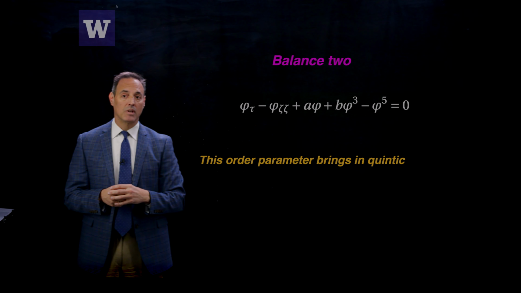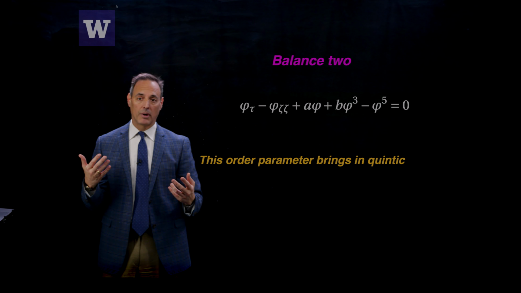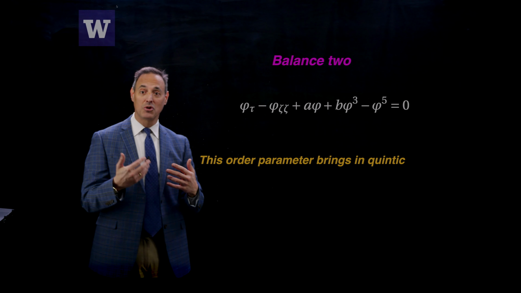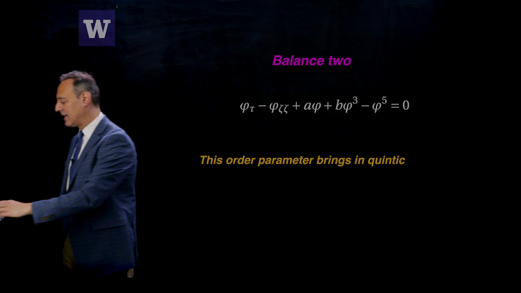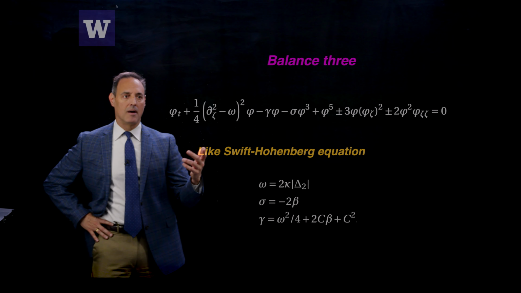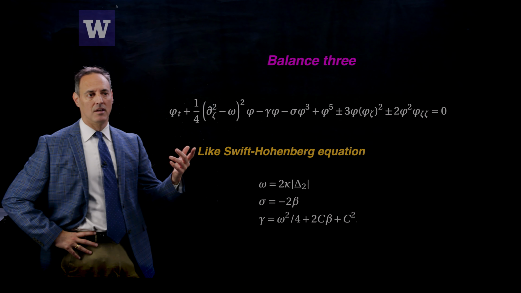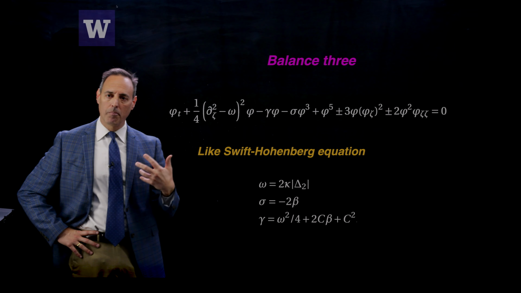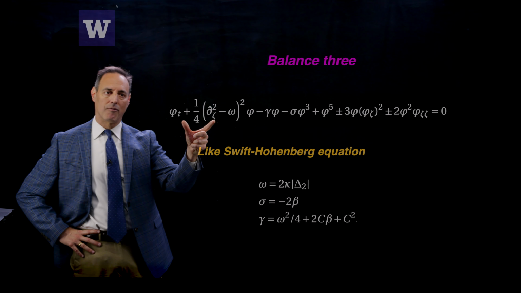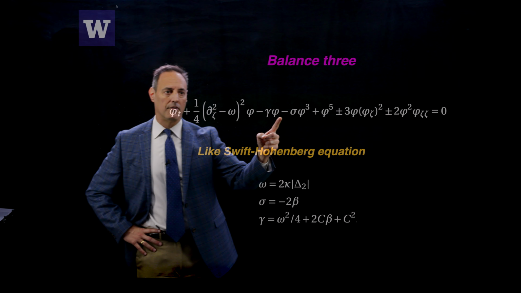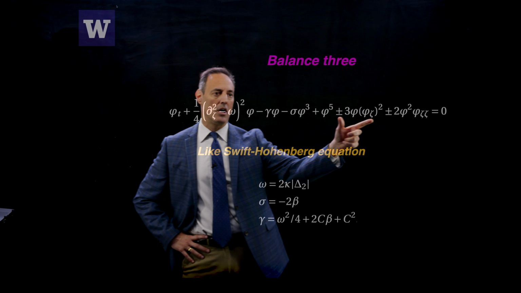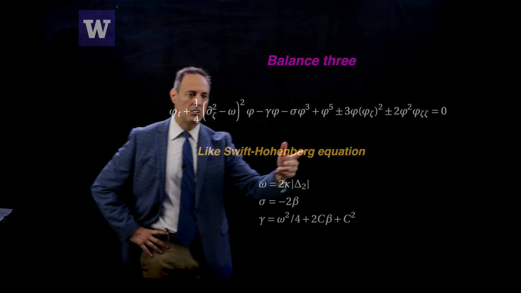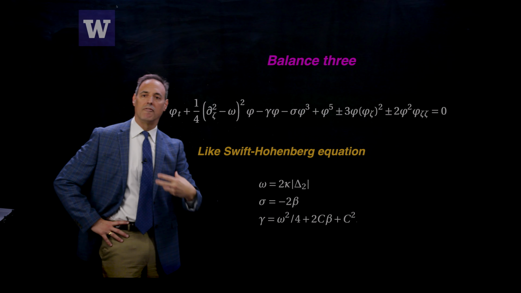Okay? A third balance that you can bring in is when you have what's called near resonance detuning, when those delta 1 and delta 2 are order epsilon squared size. This becomes the dominant balance physics. Here it is. Look at this. This is now something like a Swift-Hohenberg type equation. You have some fourth order diffusion operator. You have a cubic, a quintic, some nonlinear cubic mixing terms with the derivatives, and this is all in this regime where you have a very specific balance